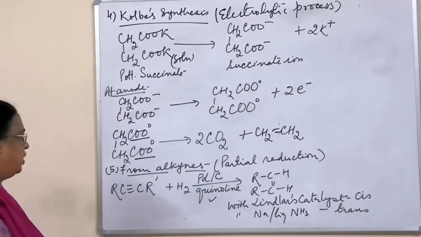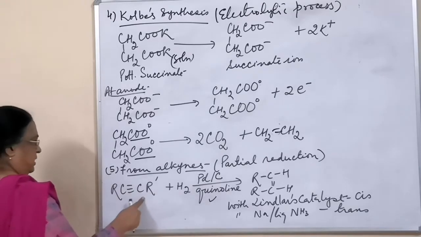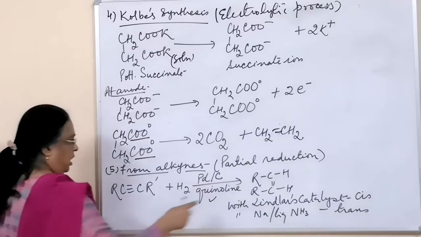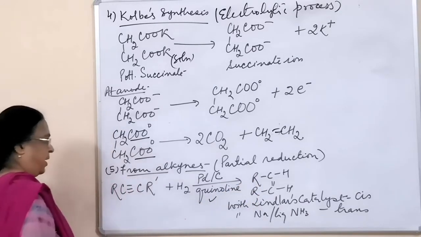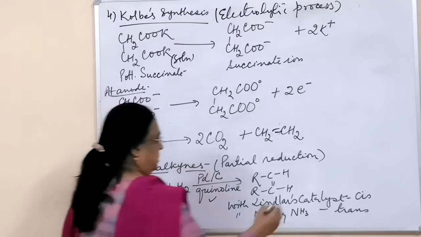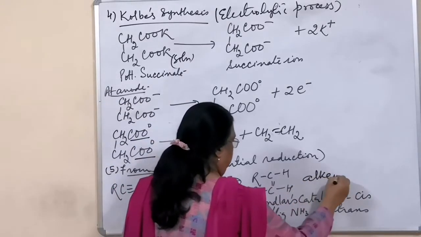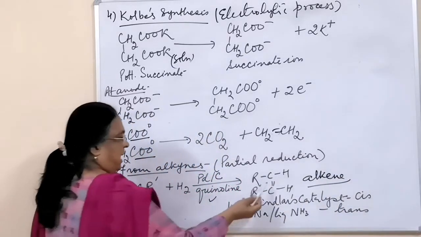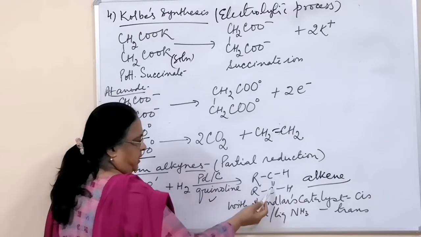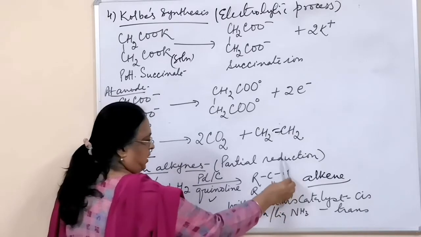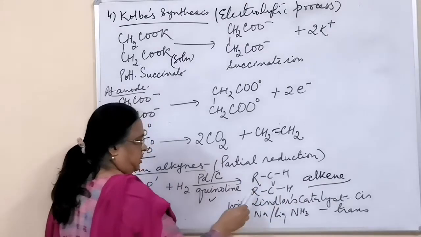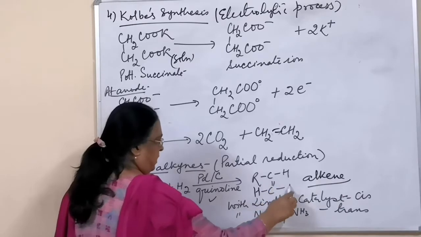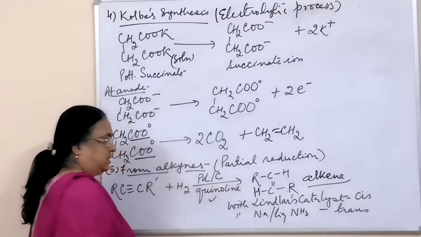And we obtain, that is, one hydrogen is added here, one hydrogen is added here. So the triple bond will be turned into a double bond, and we get this compound. This is an alkene, a higher alkene. And you have studied isomerism, geometrical isomerism. On the double bond carbons, the olefinic carbons, if this side you have a similar group, this side you have a similar group, this is the cis form. And if I write H here and R here, then this will be the trans form of the same.